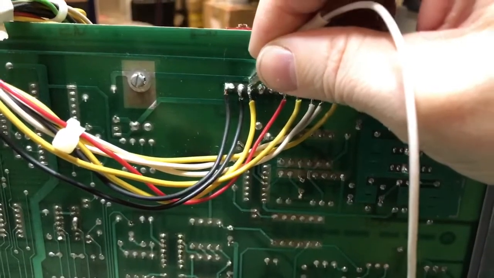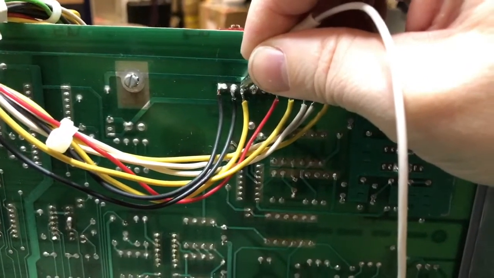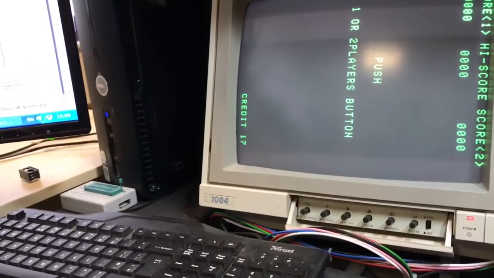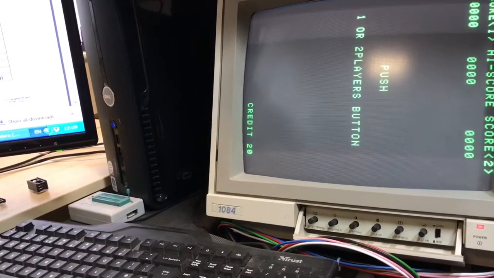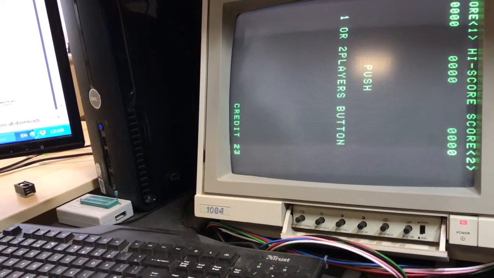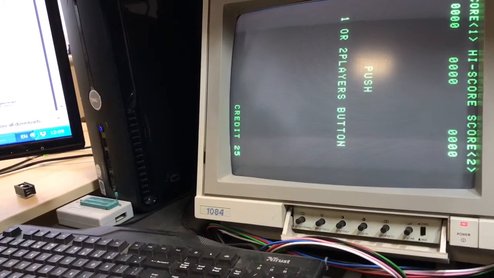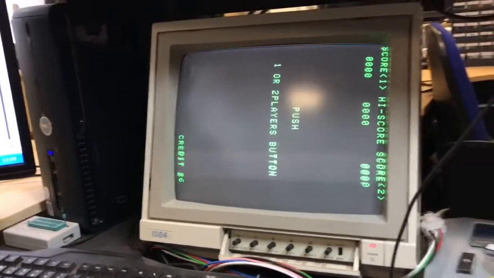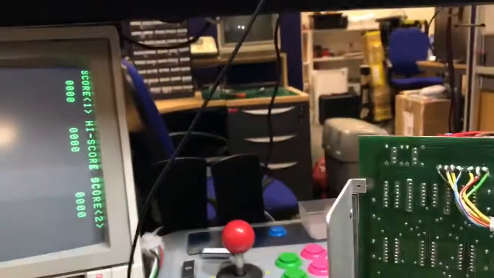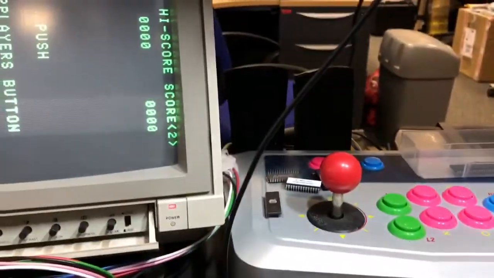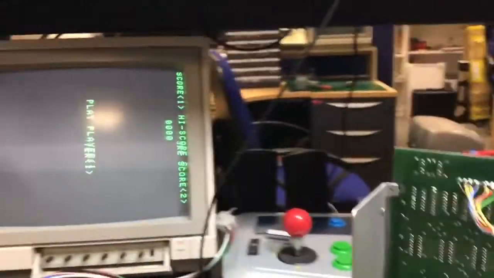2, 3, 4, 5, 6, 7, and it's not increasing. The problem it actually came in for was the fact that the counter was going up like mad. Sometimes when I press this, I will get multiple credits because I'm not debouncing it, which is, I'm not providing some kind of resistance to it. If I press start now,